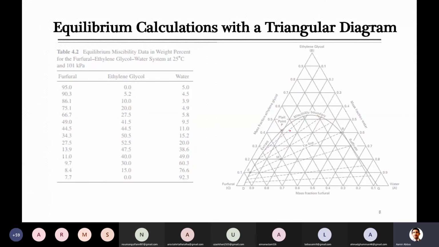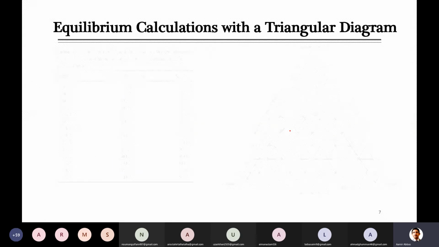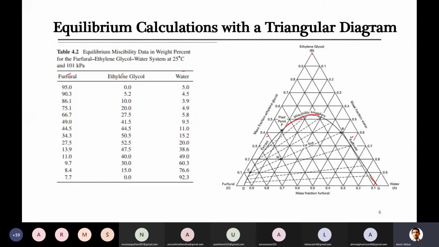I will just explain a few things here. When you look at such a diagram, first of all, as you can see, there are three corners of this triangle, and they contain the names of components. Here you can see water at the bottom, then there is ethylene glycol, and peripheral is mentioned. You can put any of these anywhere, but the shape of the curve will change. For example, if you put water here instead of ethylene glycol, and ethylene glycol there, it will become like this.